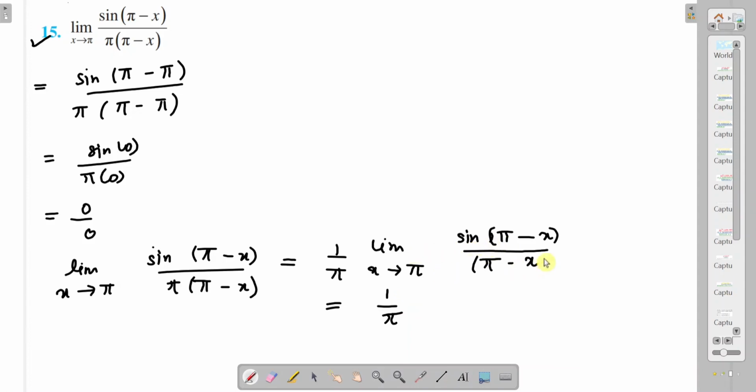Again you can see the variables are same, but here limit x tends to pi is there, so we have to manipulate. Sine of pi minus x, we can write it as minus x minus pi, and pi minus x in the denominator we can also write as minus x minus pi. So what will you get,